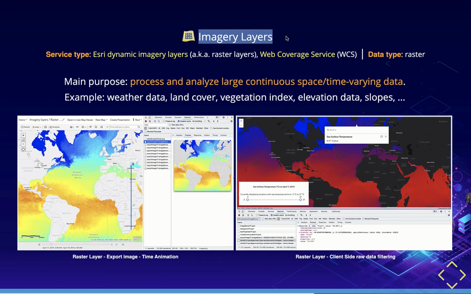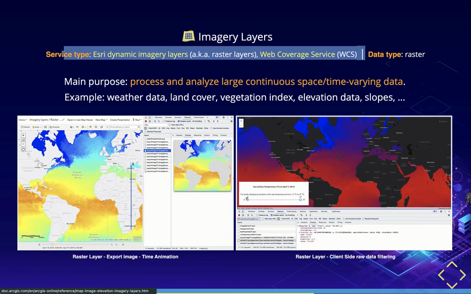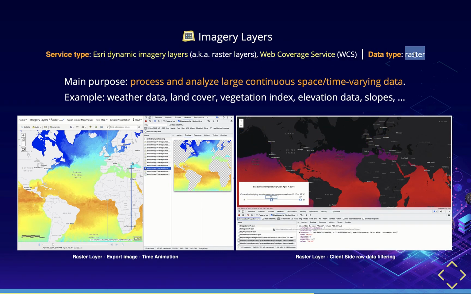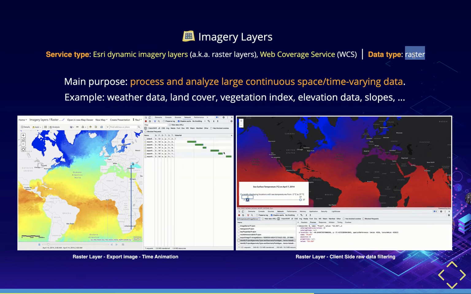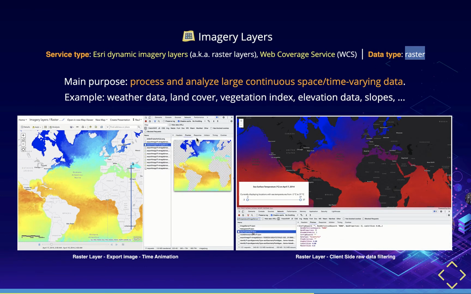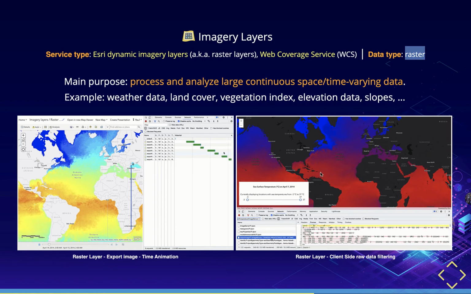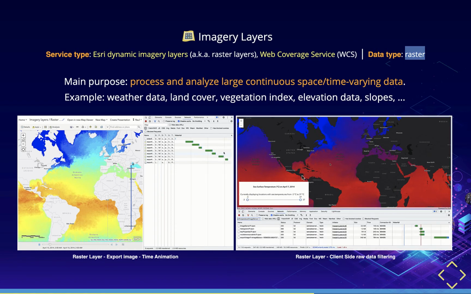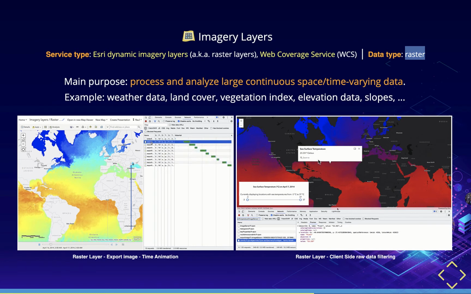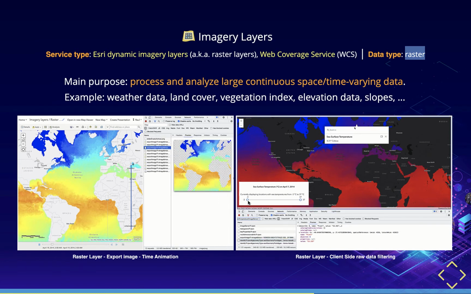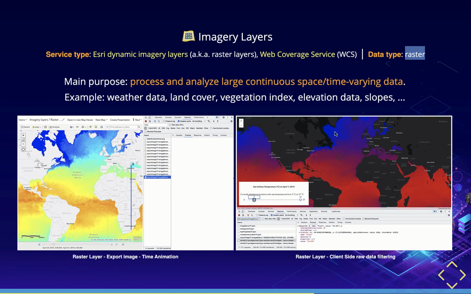And the imagery layers are the most advanced ones. Again, different service types. This serves raster, but this is a different raster. This is not a PNG. This is a raster file in a binary format that we can query. We will also be able to recover the PNG, but we can filter the raw data, as we will see in this GIF, and filter pixel by pixel, for example, change the temperature with a slider and change the